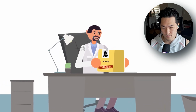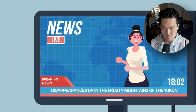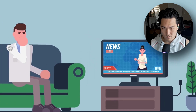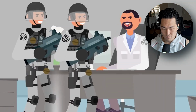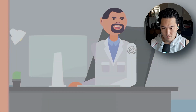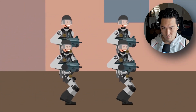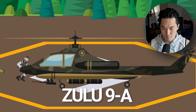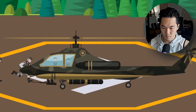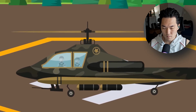Interaction with the Foundation had a reputation for being dangerous and needed to be feared. A series of vague sightings and mysterious disappearances up in the frosty mountains of the Yukon first sparked the Foundation's interest. When they were certain that they had an anomaly on their hands, two retrieval teams, Zulu 9A and Zulu 9B, were dispatched to secure and contain the entity. Zulu 9A took the lead in a heavy-duty chopper, equipped with 50 caliber GAU-19 heavy machine guns, and carrying an